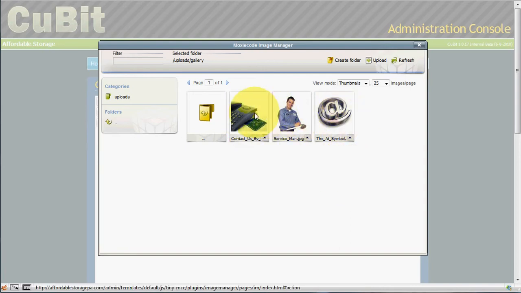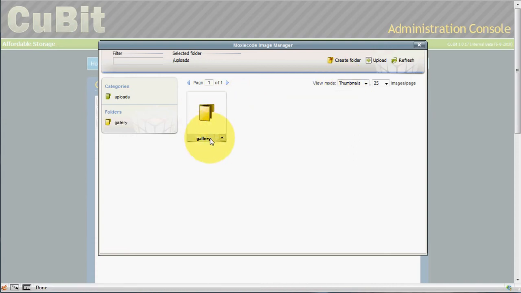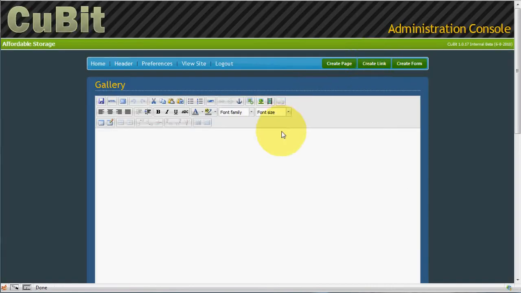Okay, so we have 3 images that are placed inside the gallery folder, which is also inside the uploads folder. So once you're done, go ahead and leave that, and you'll notice that there's just a gallery there. And when you're done, just go ahead and close that out because you've uploaded your images. The next step is to go to